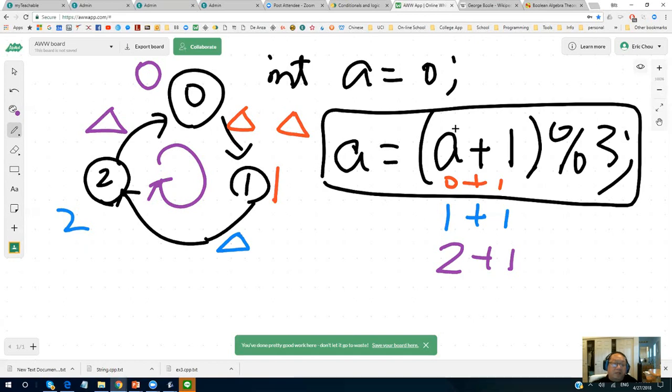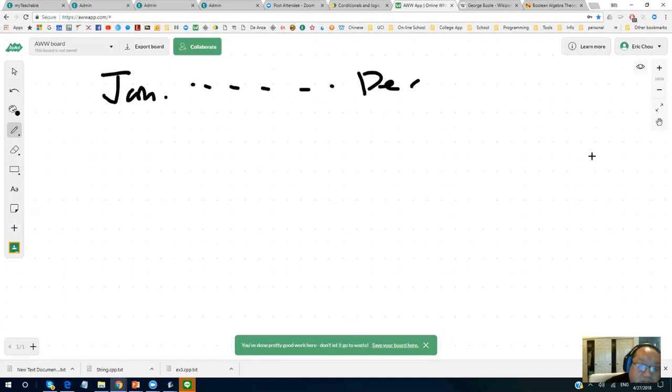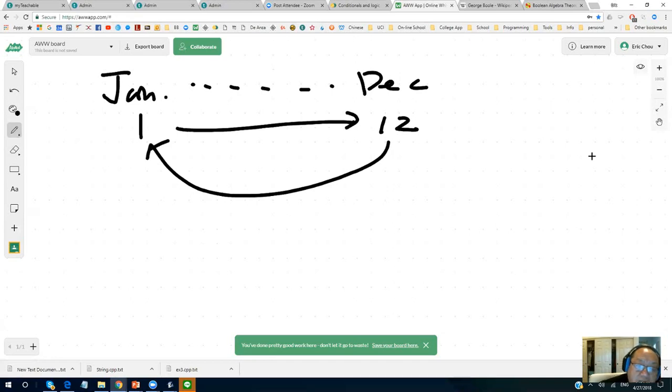So today I teach you more about logic. Actually, I'm not teaching you something like a program, Java, right? Today I'm actually not teaching you any Java. But I'm teaching you some basic logic, how you think about something. And that is a very important part when you do programming. Now, let me actually ask you. Here I have a month, right? January to December. This one's 1, this one's 12. How can I do my target as a month? Go back and repeat.